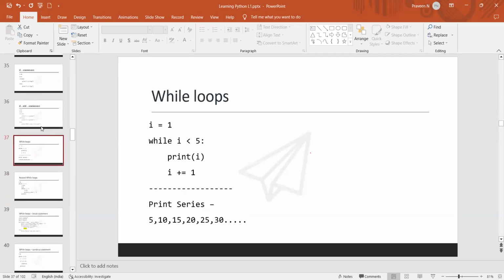Next, let's go to looping. Looping is nothing but we